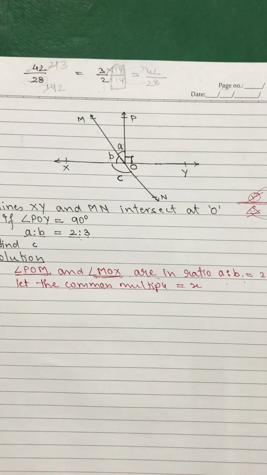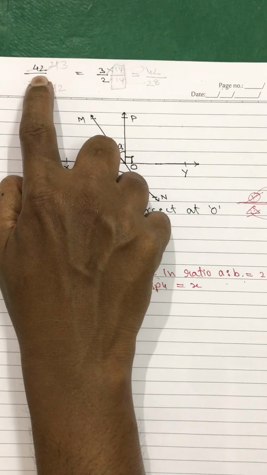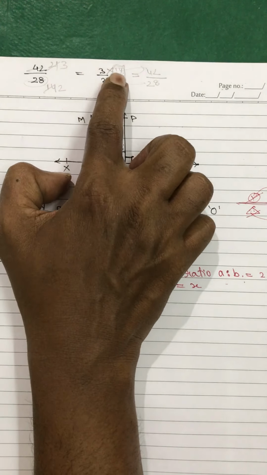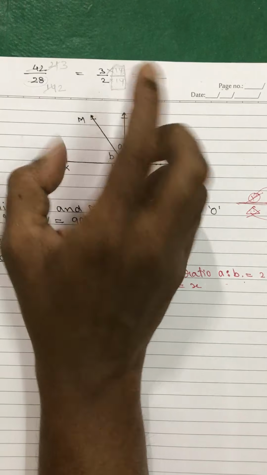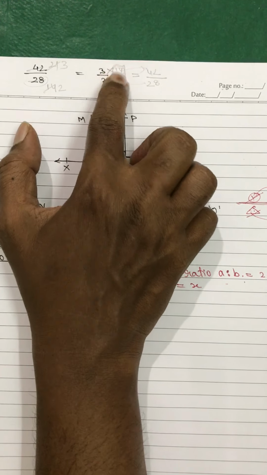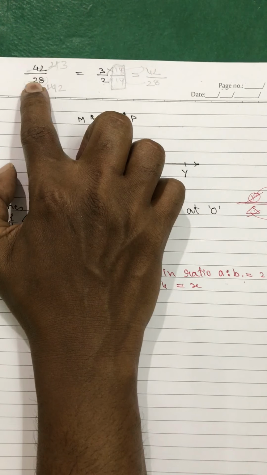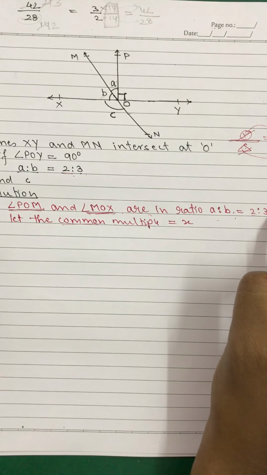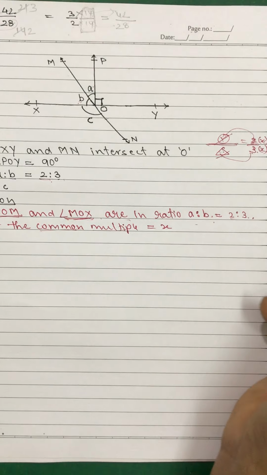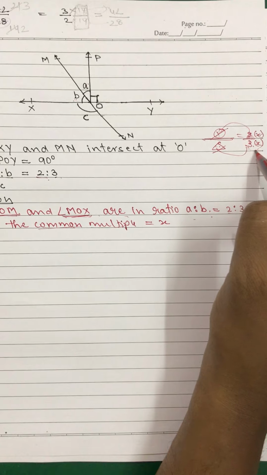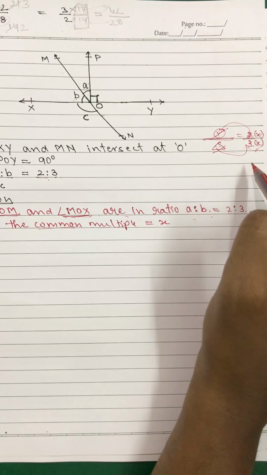From original numbers, you go on reducing the numbers and you will get to the ratio. From the ratio, when you have to go to the original numbers, you have to multiply that ratio by one common multiple. When you multiply both by one common multiple, you will get the original numbers. So here we have got the ratio 2:3, but we don't know what that common multiple is going to be. It can be anything, but when I multiply by it, I will get the original numbers.